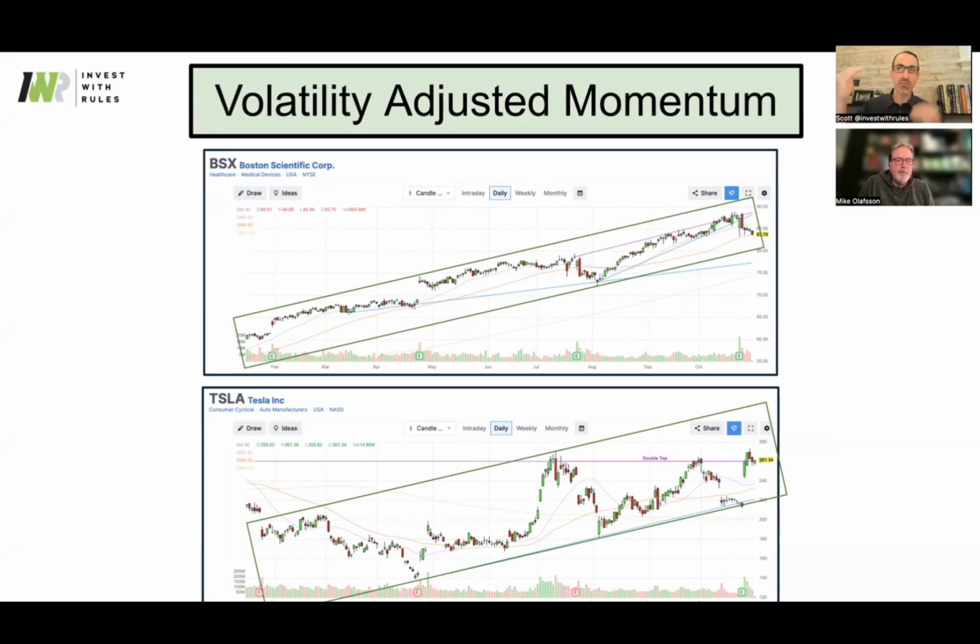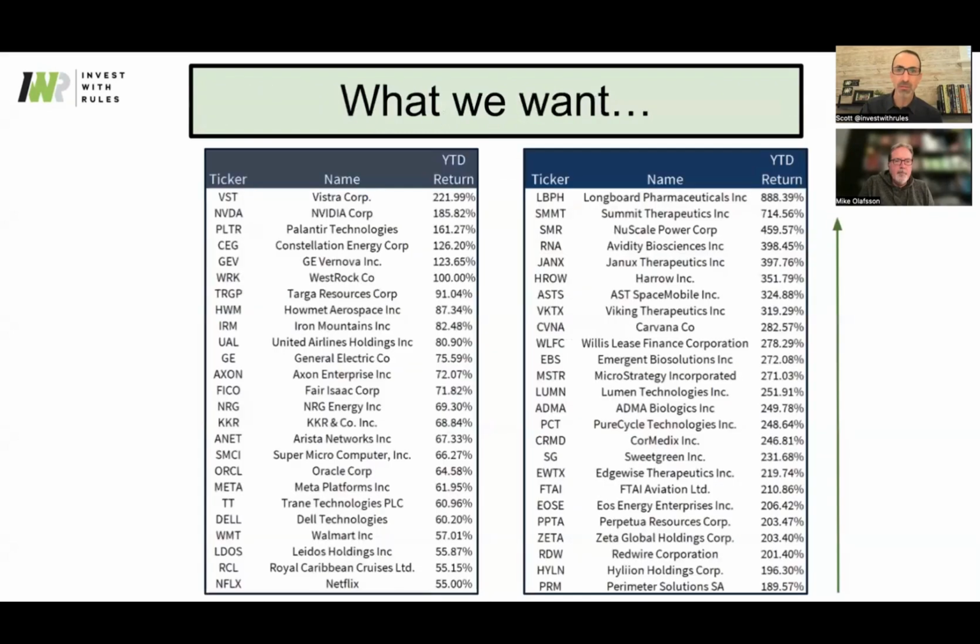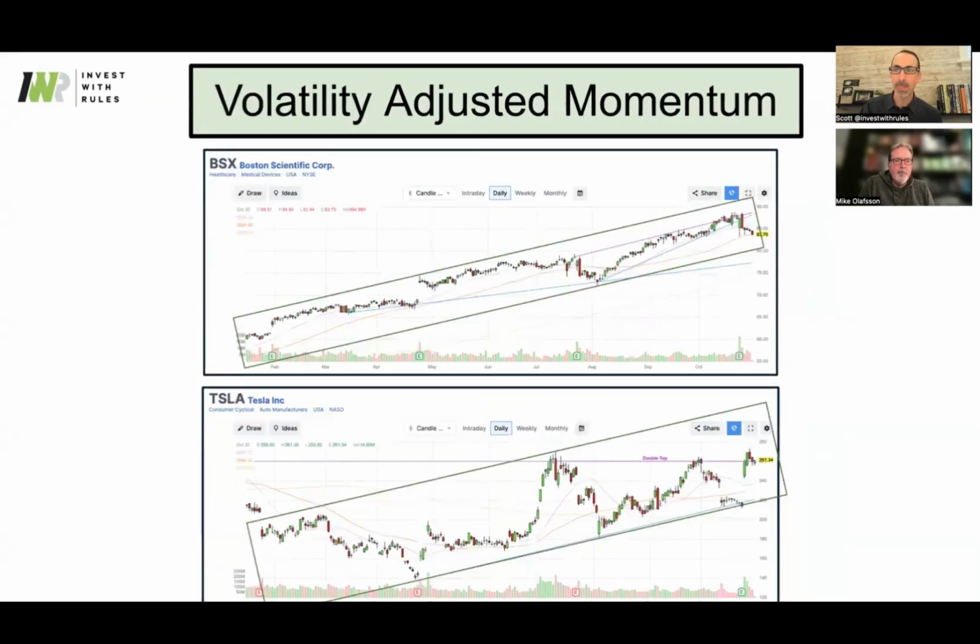We'll rank that at the end of the funnel, because it's really hard to hold incredibly volatile stocks, whereas it is relatively easy with smoother ones. Our goal is to own great companies and politely sit on them and just let the compounding happen. So I want to share that with you. And before anything else, Mike?